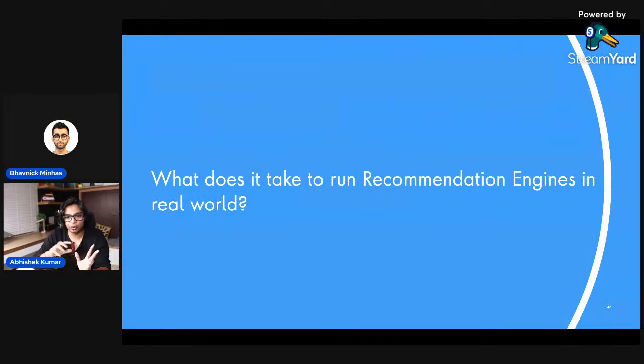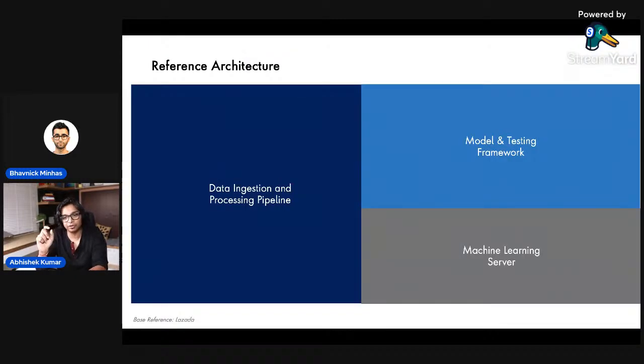So this was a quick overview around graph and graph neural network, especially in the recommendation system setup. I just close it on a couple of things. One is what does it even take to build and run such kind of recommendation engine in the real world? As you might have guessed, it's not just a model itself that is needed. If you see the entire recommendation engine setup, here is a reference architecture, it will require a lot